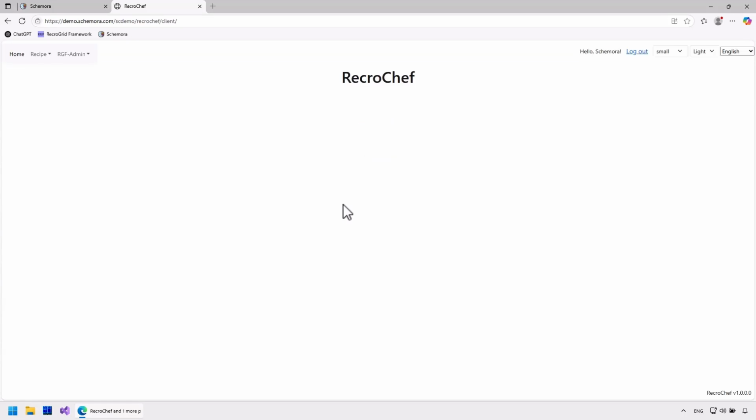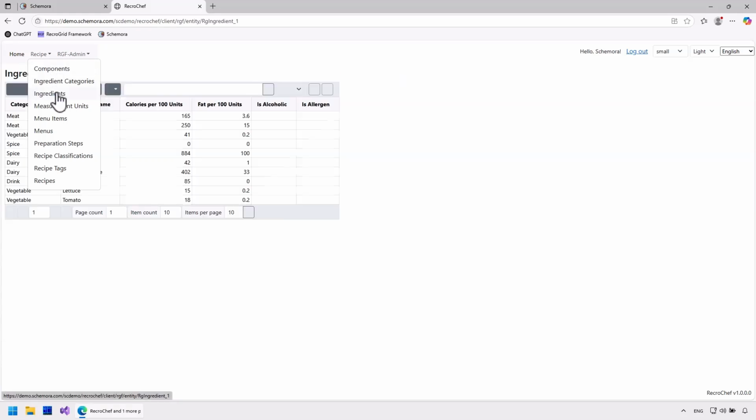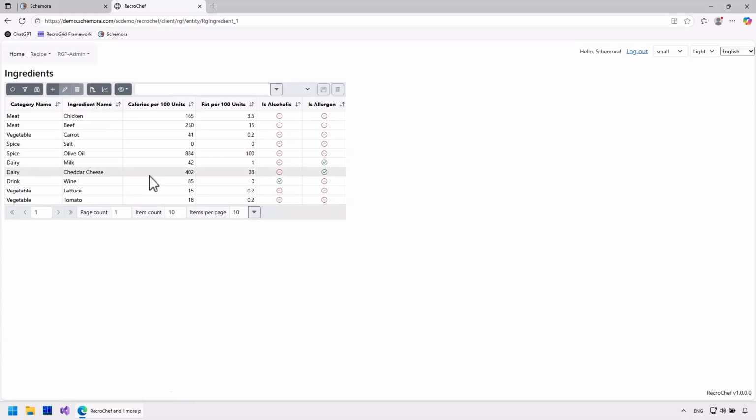And here's the app. In the menu, you can see all our entities. Let's check out the ingredients. We've got milk, cheese, wine, beef, etc.